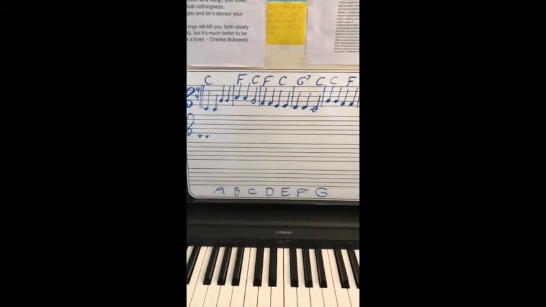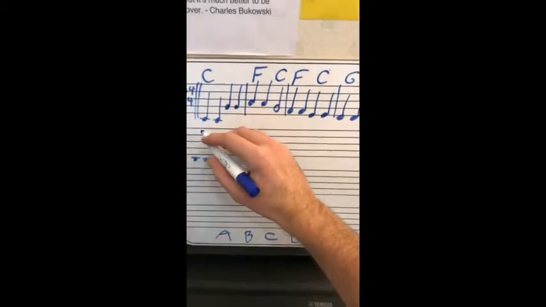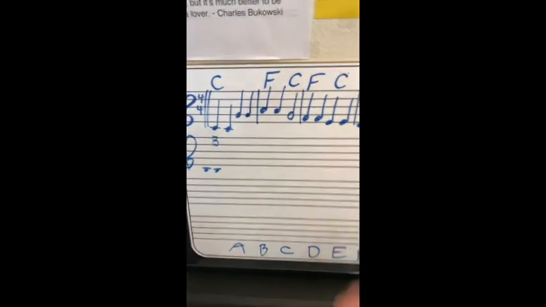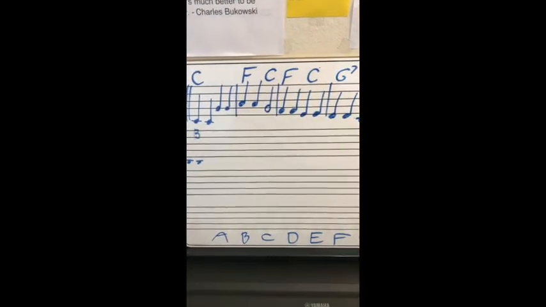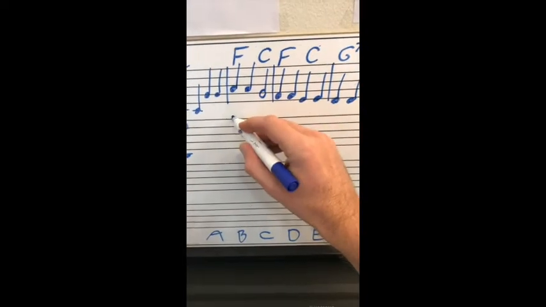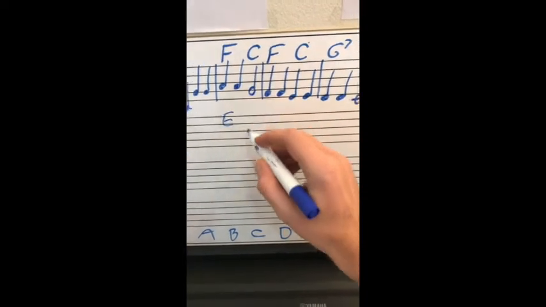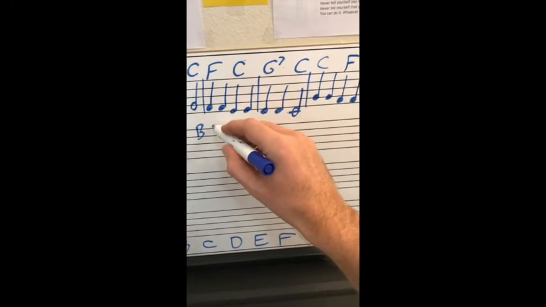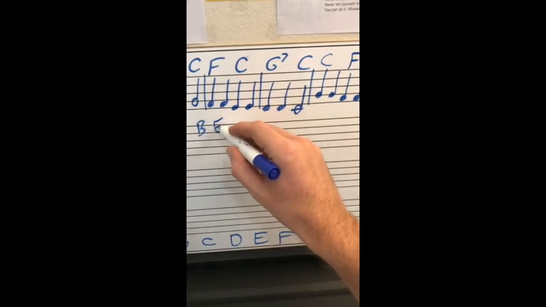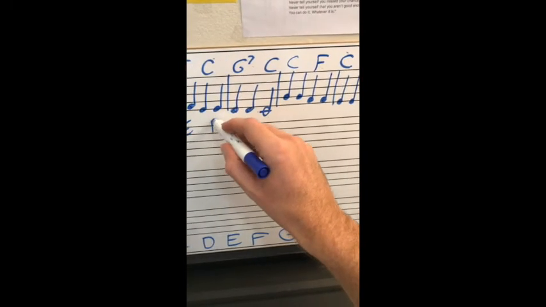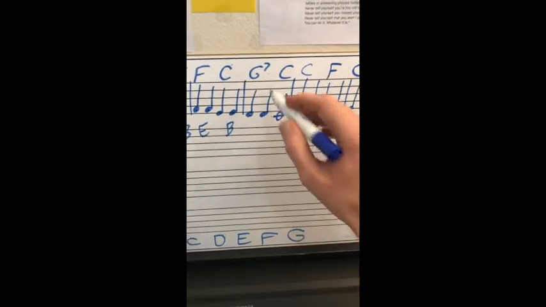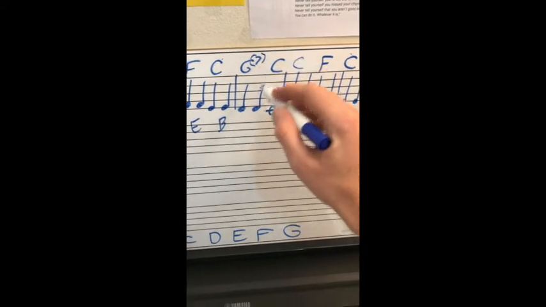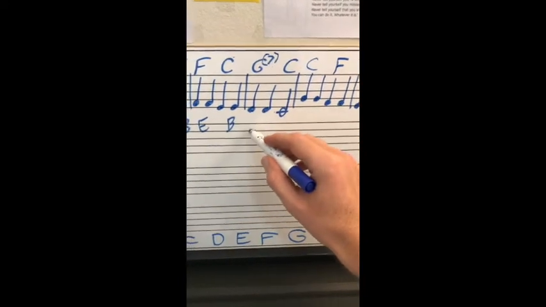C goes down a step to B. F goes down a step to E. C becomes B. F becomes E. C becomes B. See, everything goes down one half step. G7, I could have just left that G. I should put that 7 in parentheses. Okay, but G becomes F